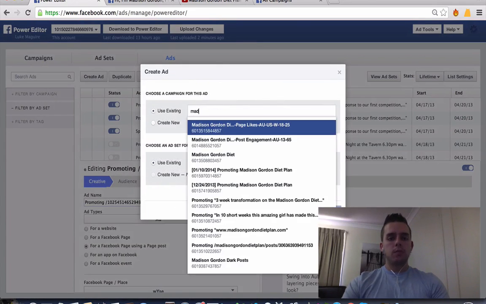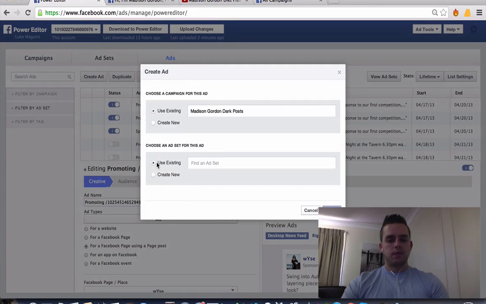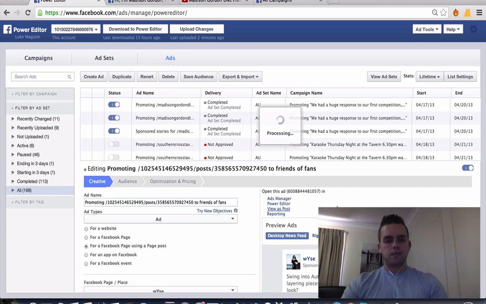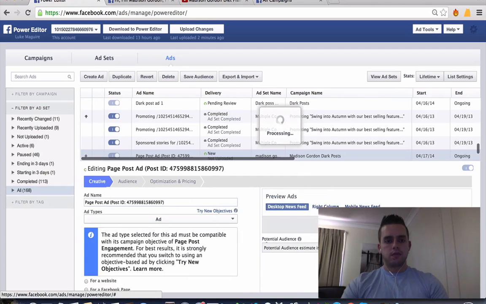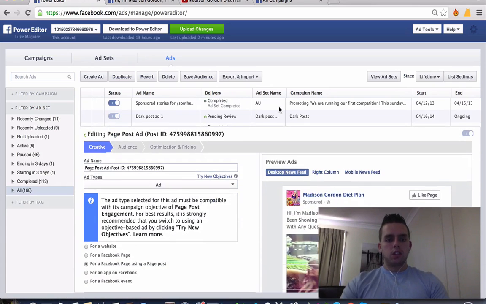Use existing, so we'll go Madison Gordon dark posts. We don't have an ad set here yet, so let's just type in here Madison Gordon dark posts ad set, and we'll create that. Alright, cool. So now you can see the ads already down here, but now what we need to do is type in,